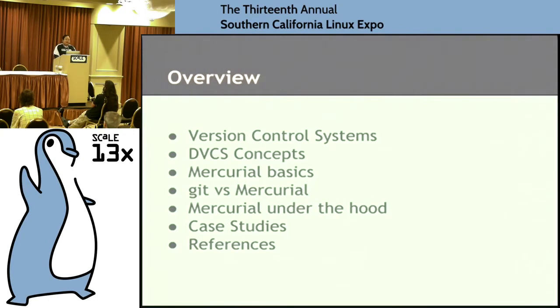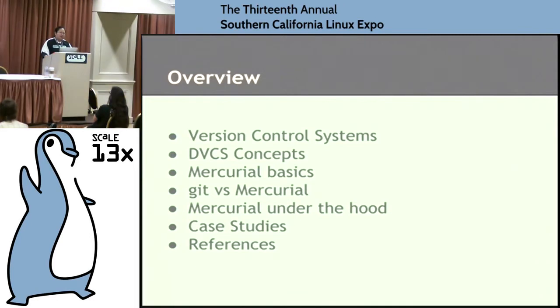I have a bunch of case studies. I'm also not going to go through them, but if you ever have issues with your repositories, I have some recipes that may or may not work for you. And I have a lot of really nice references if you want to learn more about Mercurial, or if you want to know how Mercurial and Git are different. There's a really nice set of videos that requires that you pay attention for several hours, but you can break it up. It's a really good way of learning how version control systems work, because if you learn things in different ways, it'll gel better. And those videos definitely help when they have the graphics and the animation.